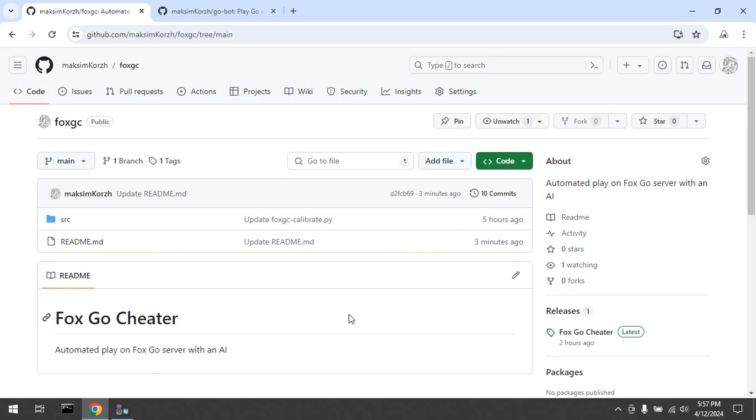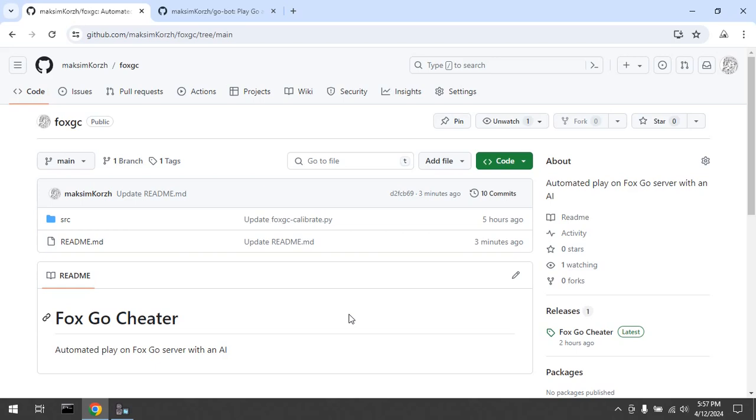There will be up to three versions. Currently, only GNU Go, which is around 6 kyu, is supported. There also will be Patchy, which is around second dan, and KataGo, which is like 9 dan, which would beat anyone on Fox. So, before getting started with the installation and testing, I just want to give you a bit of history in regards to this project,